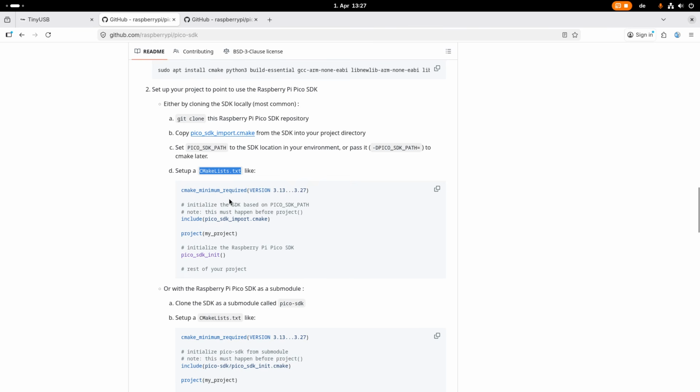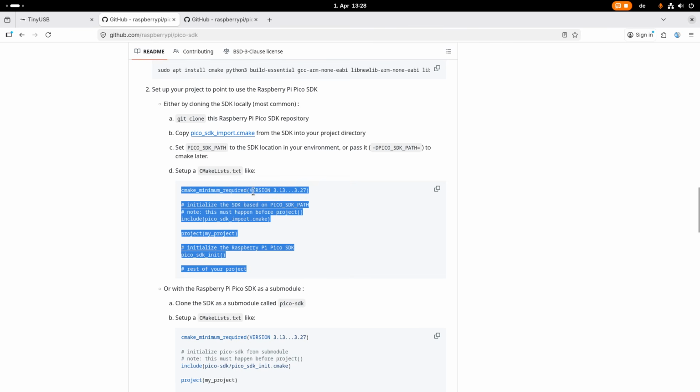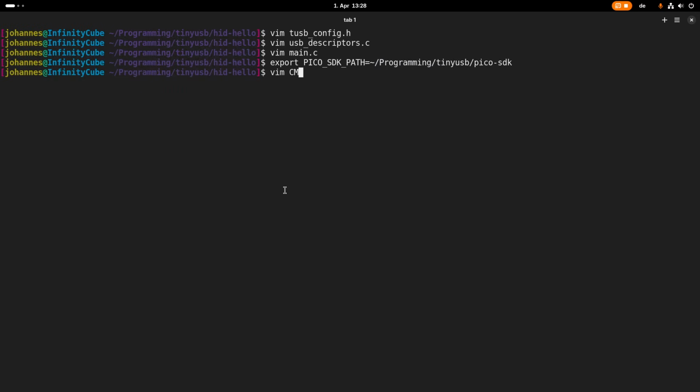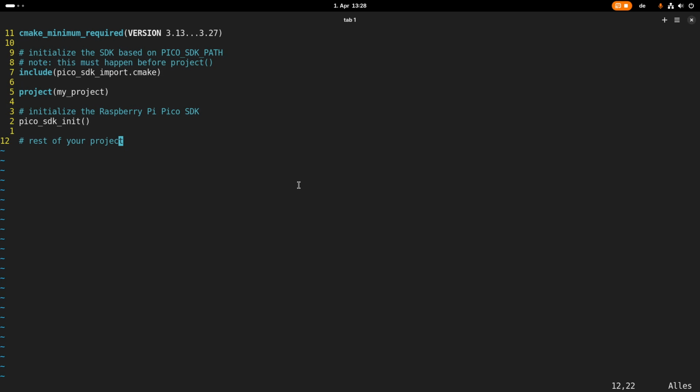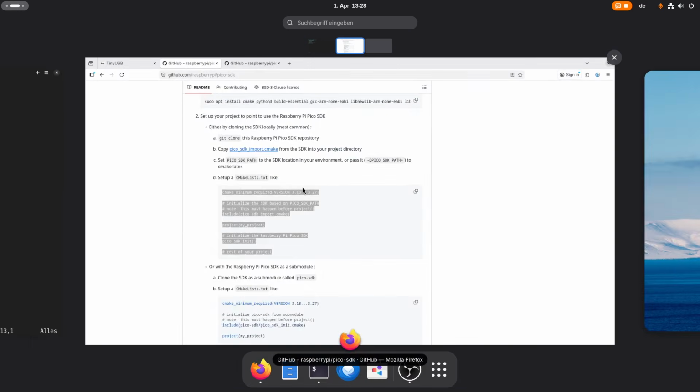The next thing we need to do is create a CMakeLists.txt file with this content here. So let's create our CMakeLists.txt file and paste this content in here. The only thing I will change here is the name of the project, which will be hello HID. Okay, and then the next thing we have to do is,